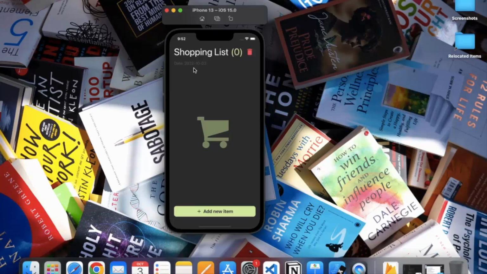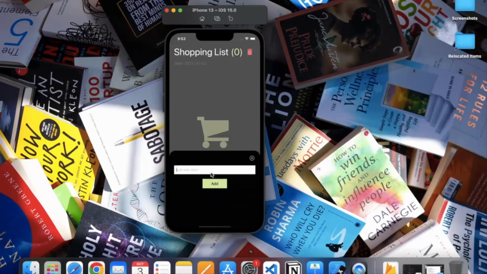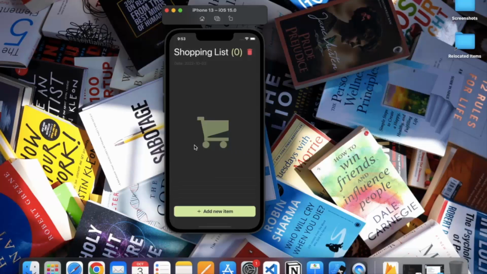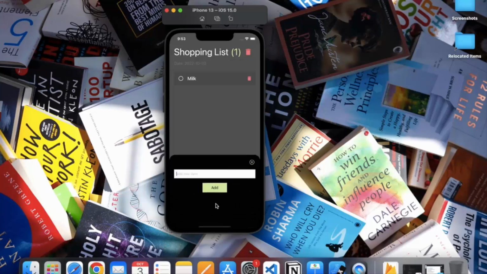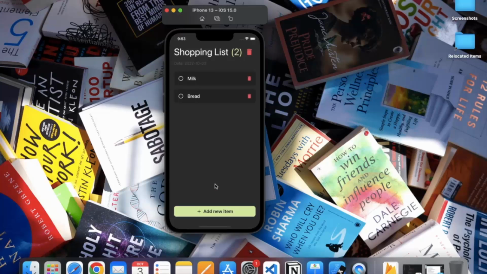Here you can see today's date. We have a beautiful logo in the background. We have a new button, so the user can click on this button and a prompt will open. Here you can write anything, let's say milk, and if I press add, it will be added to the list. Let me add another, let's say bread, add,